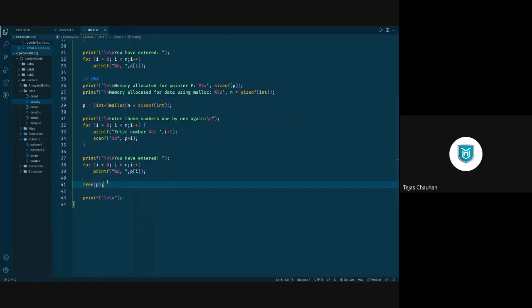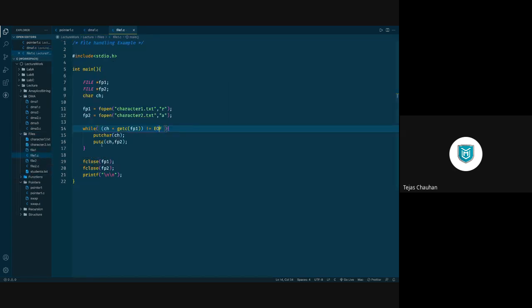If you want to write that string character by character, then you can go for a while loop, ask the user to enter a character and use putc. Look, putc is a function which you can use to write character by character. Make sure you open your file in write mode or append mode and you close your file.